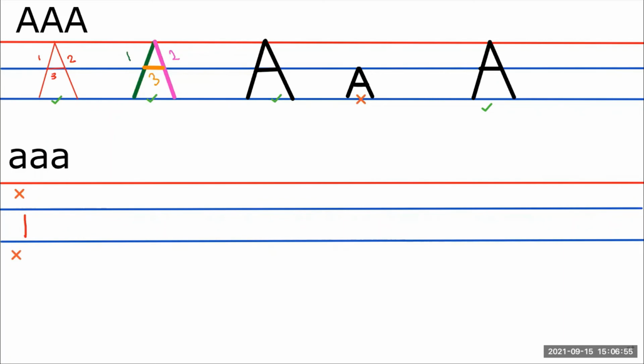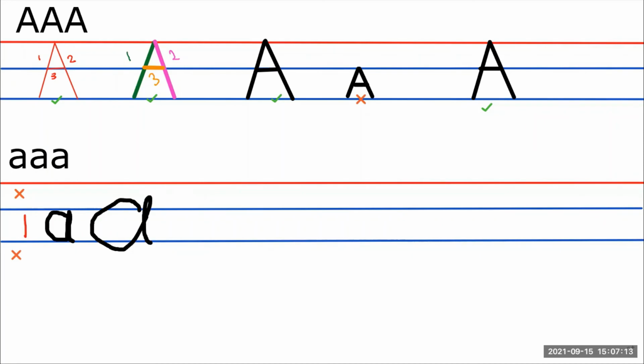Again, let me change the pen and try one more time. So you draw a semicircle like this. You go up and then you go down again. So this is your small A. If you did it like this,